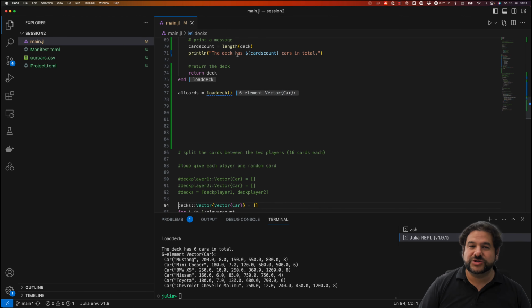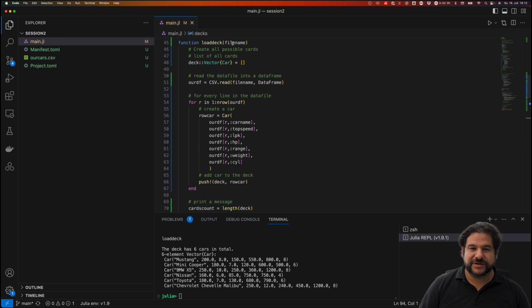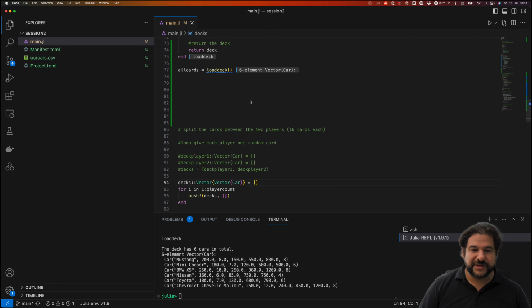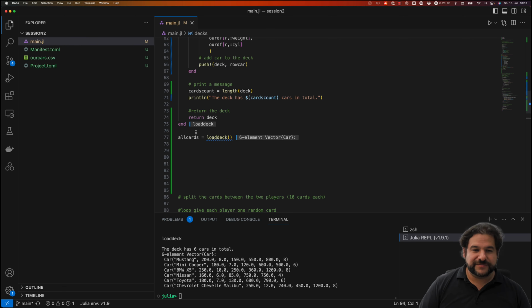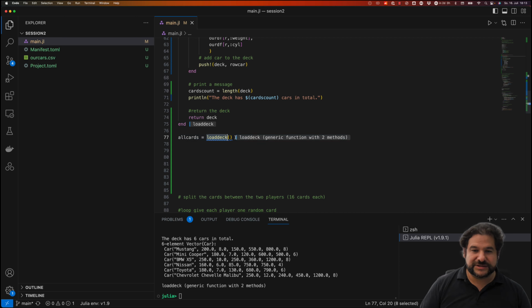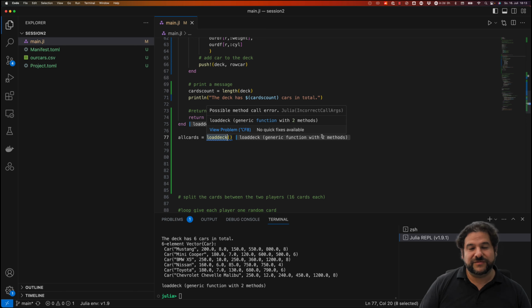Why? You should probably wonder, maybe it should have a file name. But if I look at load deck, highlighted without the parentheses, and I execute this, it tells me generic function with two methods. The reason for this is that we've not unloaded Julia since the last time, and we haven't reset it. So the old function with no parameters is still available. So if I now